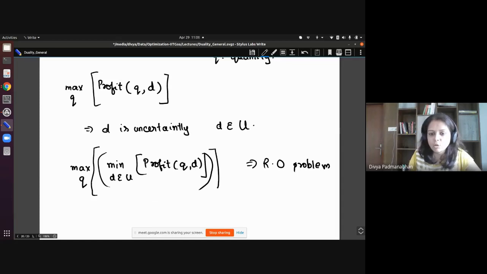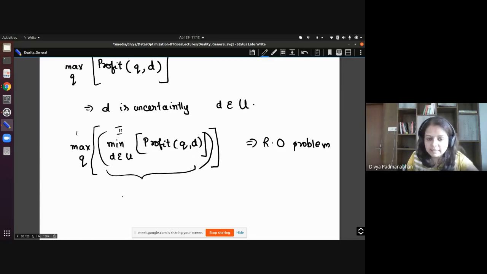Okay, so that is the whole question in RO. Now, the dual really helps in these kinds of problems. So what you can do is, for this inner problem, so this is the two stages. This is the first stage, and you can think of this as the second stage problem. And for this problem, if you take the dual,